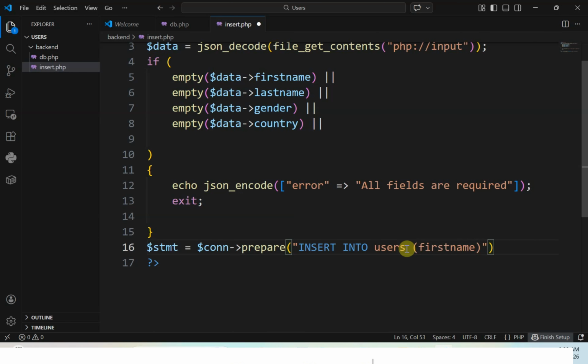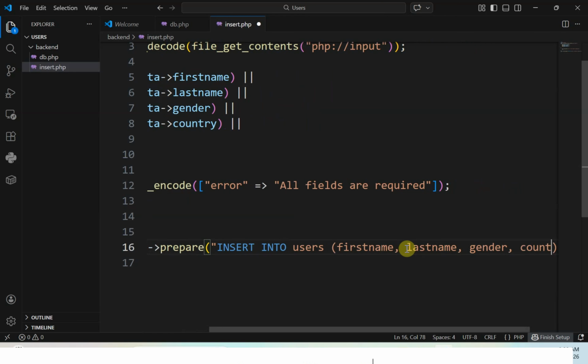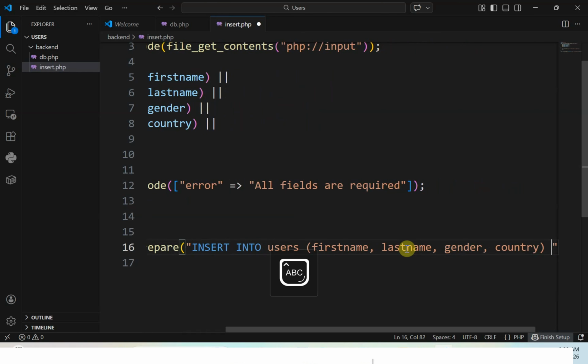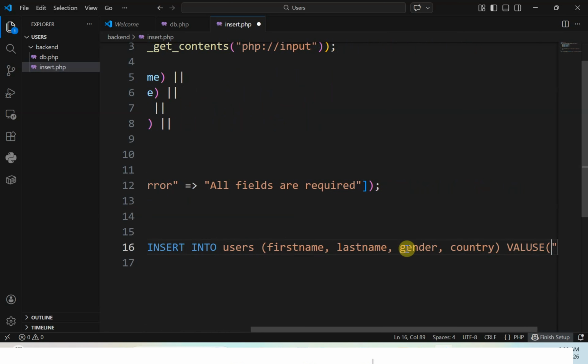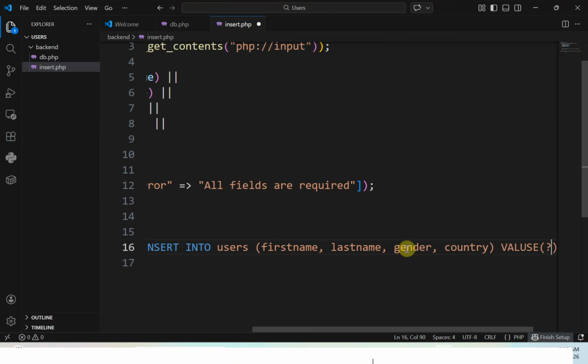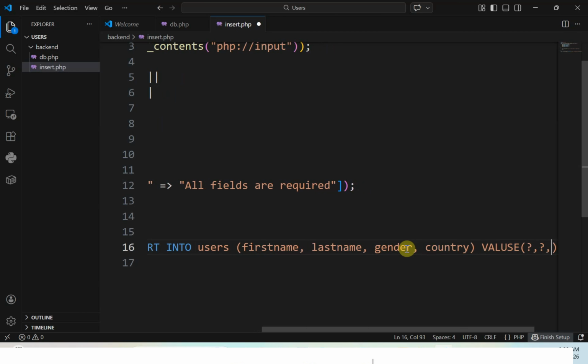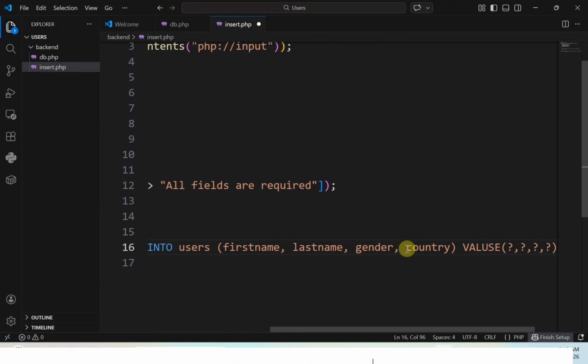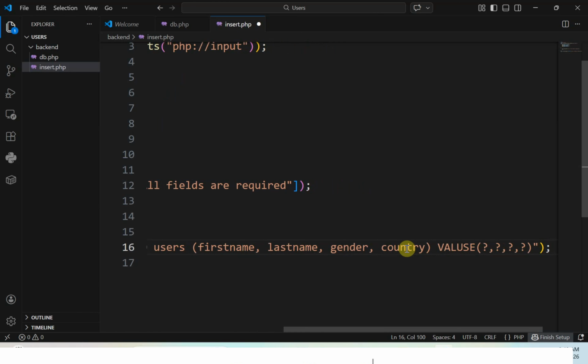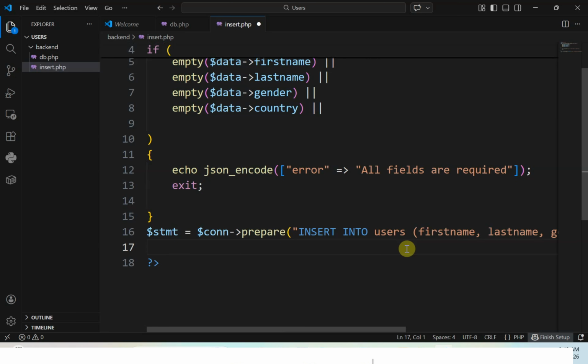first name, last name, gender, country, then the values, let's use question marks, one for each. So it is, then after this statement,